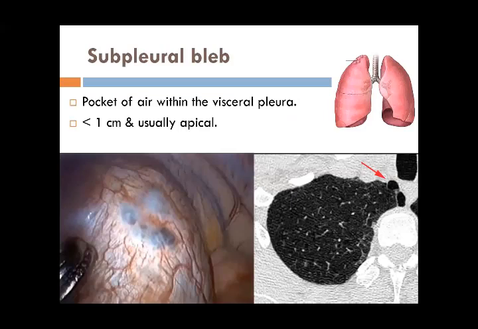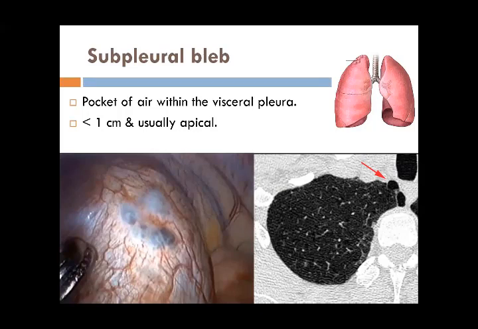Usually, spontaneous pneumothorax occurs due to subpleural blebs. If you look at this autopsied lung, these light blue colored areas are the subpleural blebs. They are usually located in the apical region, and they are usually not one or two; they are multiple in lungs which have these blebs. These blebs are actually lung parenchyma which failed to develop normally in fetal life, and there are a few cysts or gas filled areas present there.